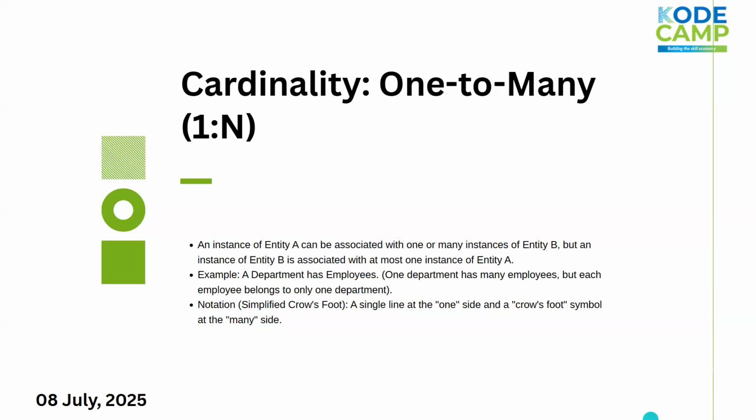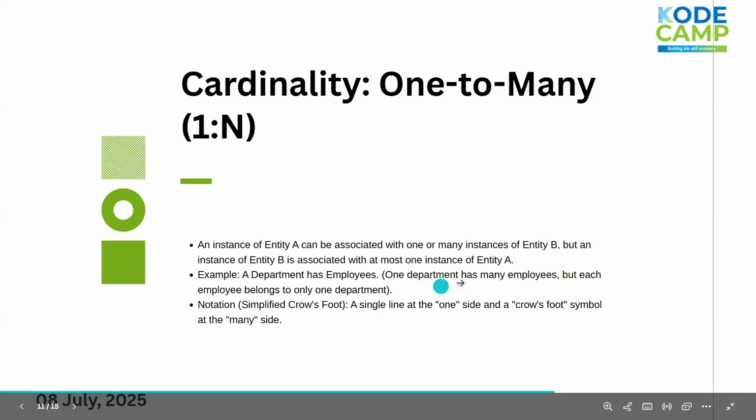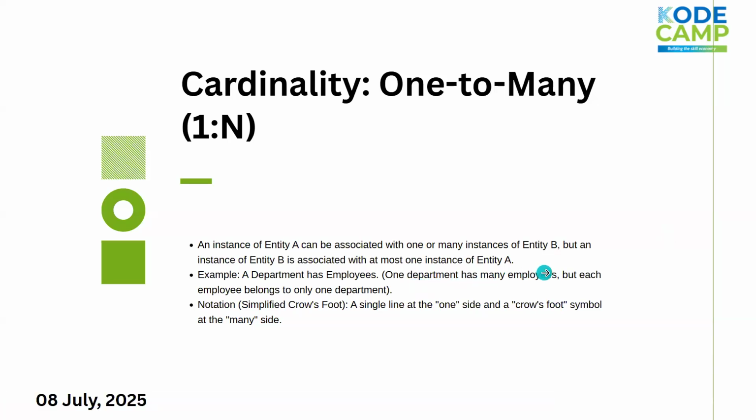So one department can have many employees, but each employee belongs to only one department. Each employee belongs to only one department, right? So one department has many employees, but the employees can belong to one department at a time,